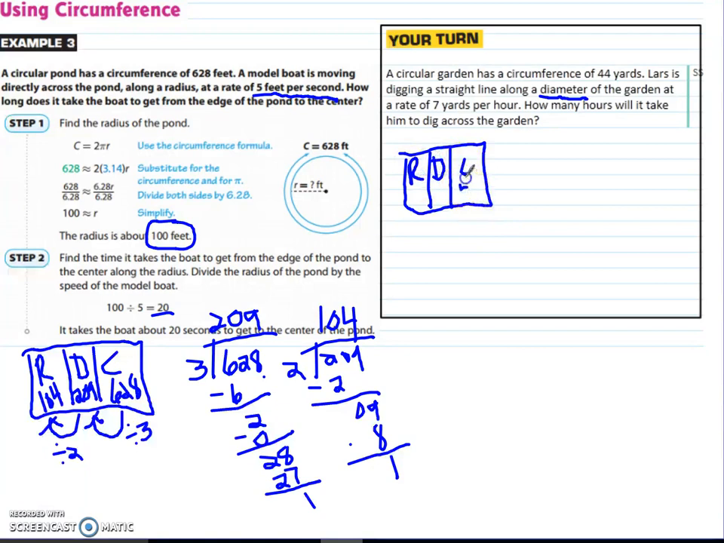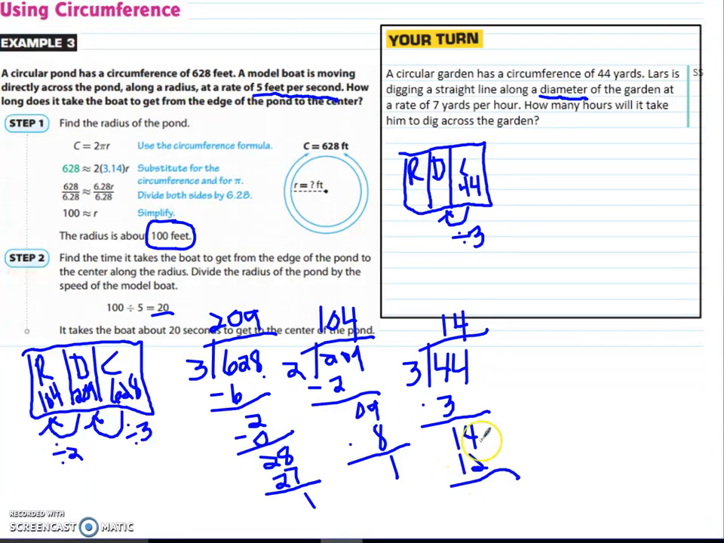And we have a circumference of 44. To go from circumference to diameter, we're going to divide by 3. So 44 divided by 3, going to go in there 1 time. It's going to go in there about 4 times. So we can say about 14. So that's for the diameter. Now we're going at a rate of 7 yards per hour. So 14 divided by 7 is going to get me 2 hours. All right,